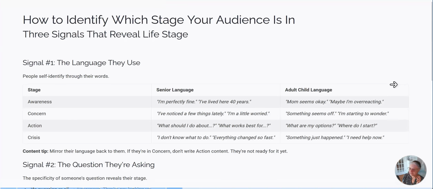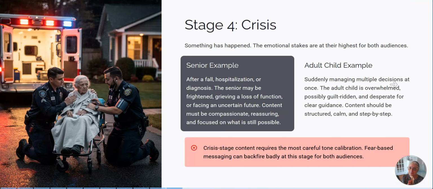Okay, God, I keep skipping. Stage 4. Okay, something's already happened. This is when most people end up calling someone. So now the emotions are sky high. I can't tell you how many family members I have spoken with where the patient comes